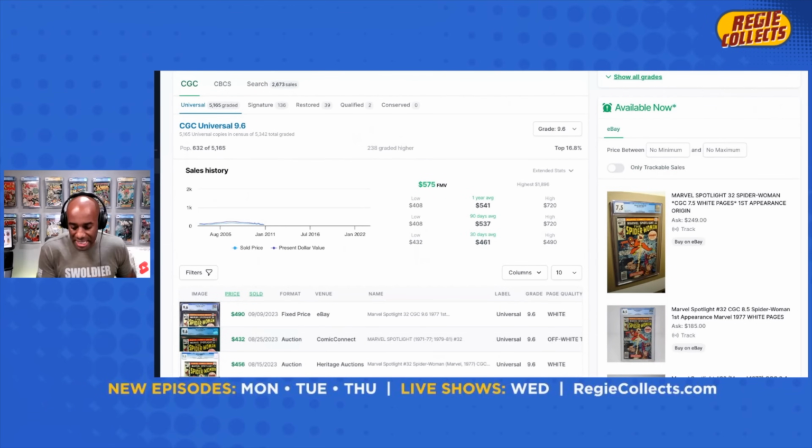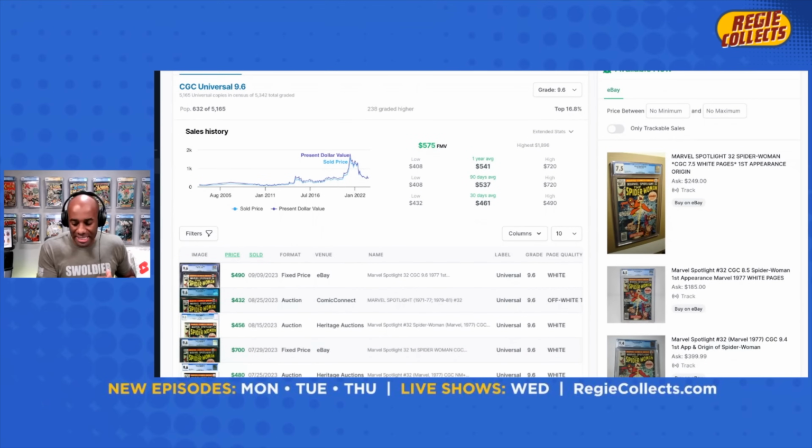Let's drill into this and see exactly how much this book is going for. The 30-day average for the 9.6 is 461. The most recent sale for this book is 490, which, again, is a nice fall off from 1,800. So when we look at this one, the percent difference between the 9.8 at 1,800 and the 9.6 at 490 is